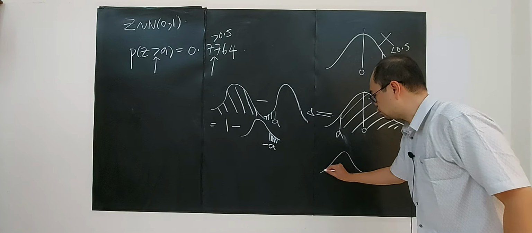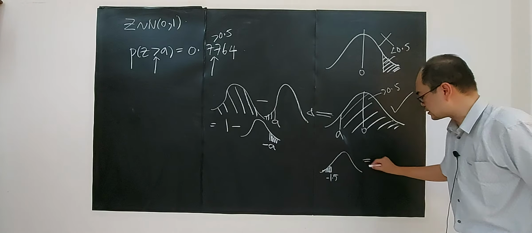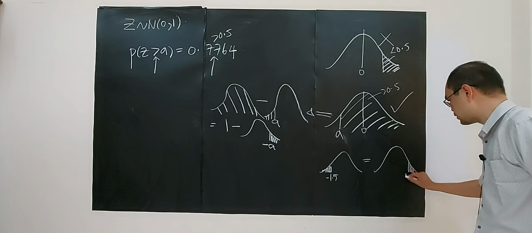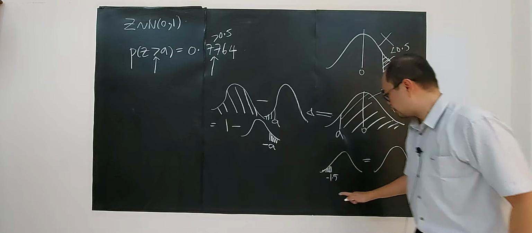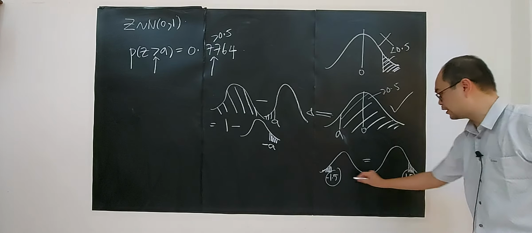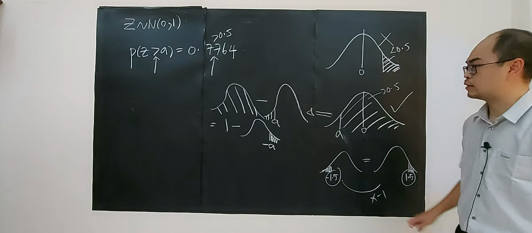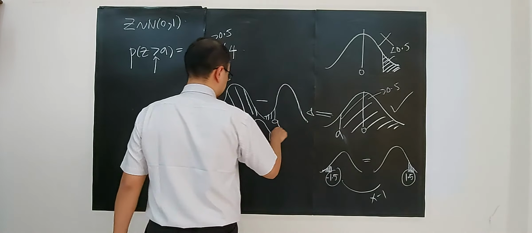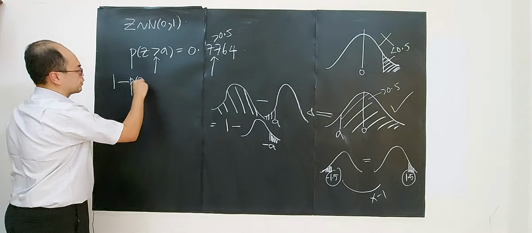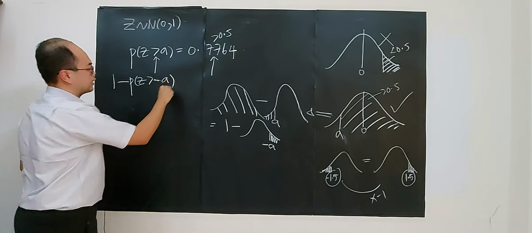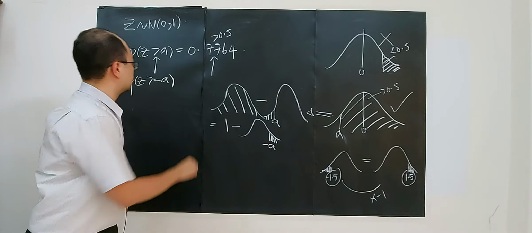If this is, let's say, negative 1.5, right? So, it's symmetry. This is the same as this one. It's the same as 1.5, right? That's why I write this into this form here. But from negative become positive. Definitely you multiply a negative one, because negative and negative become positive, right? So this is a positive number. This is a negative number. So for this case, you have to write in what? P z greater than negative A, right? 1 minus P z greater than negative A, which is